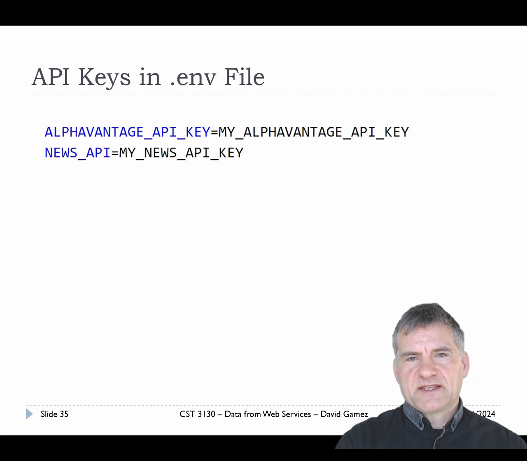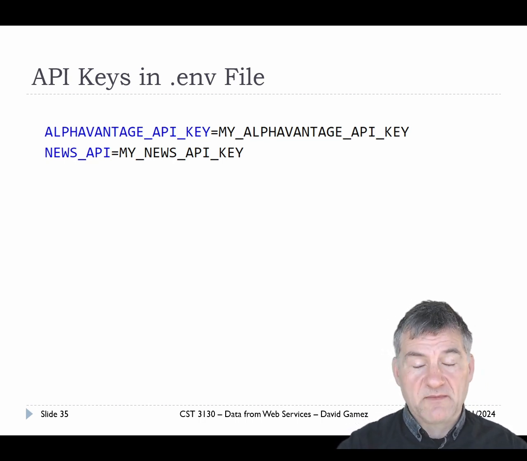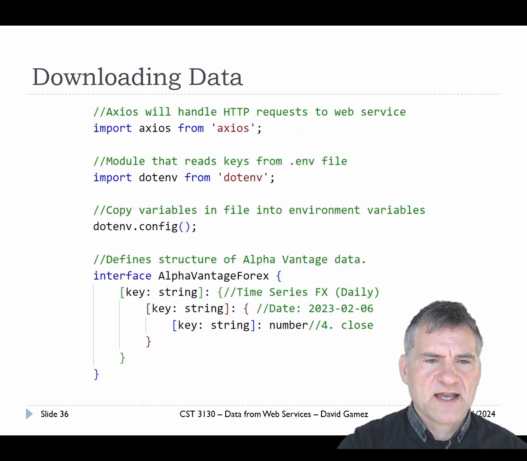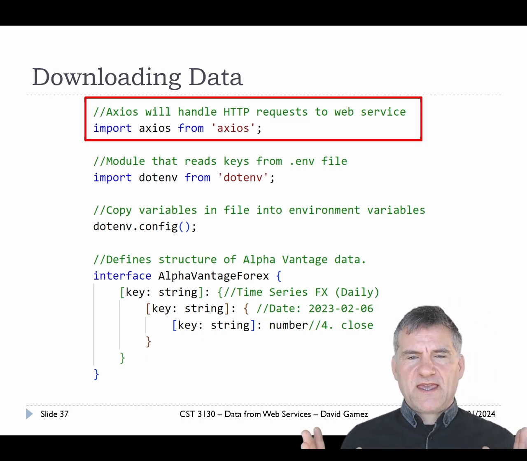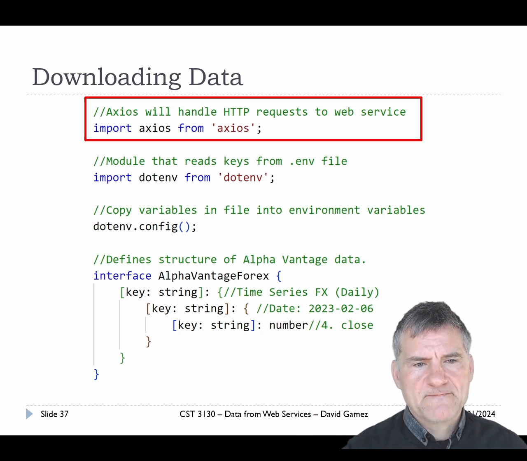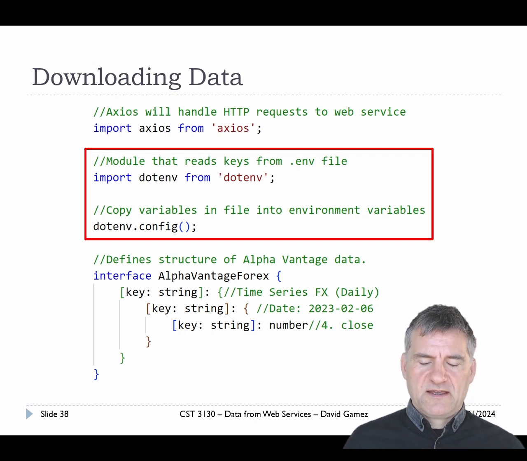Okay, so the first thing we need to do is put our API keys in the .env file. These are obviously not my API keys, but you need to put yours in there. Then we need to get going on downloading the data. First thing, we need the HTTP client, that's Axios. Obviously I've already installed this using npm. And then we're using the .env stuff I explained earlier to copy the API keys